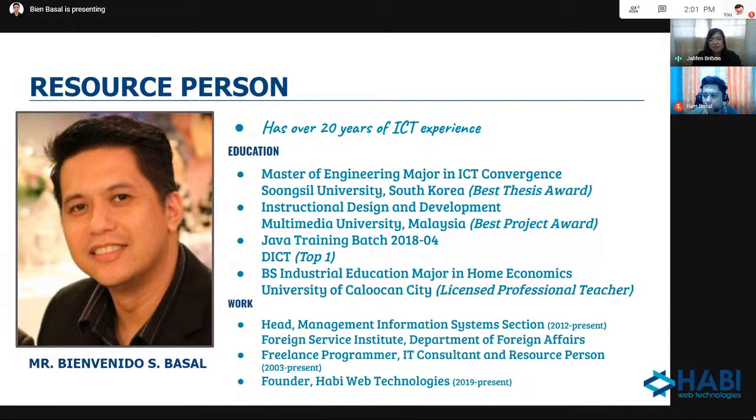He obtained his Master of Engineering degree, major in ICT Convergence, from Songsil University, South Korea in 2018, with a Best Thesis Award focused on information security policy. He also received the Best Project Award from the Multimedia University in Malaysia for Instructional Design and Development in 2014.